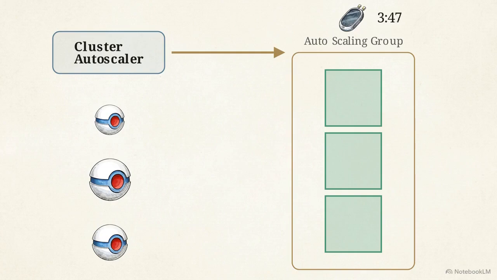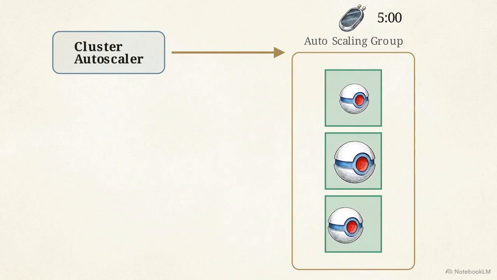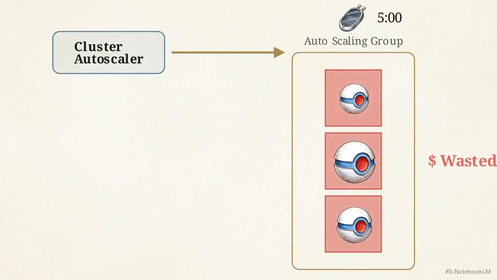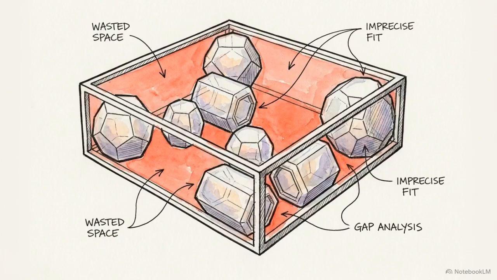Relying on autoscaling groups introduces severe latency. New nodes require a lag time of 2 to 5 minutes to boot, register, and become ready to accept traffic. That rigid shape matching traps unused compute capacity inside the nodes. You pay for the entire instance, regardless of how much memory the pods actually consume. Autoscaling groups provide a stable baseline, but their slow provisioning times and imprecise bin packing create strict financial and operational